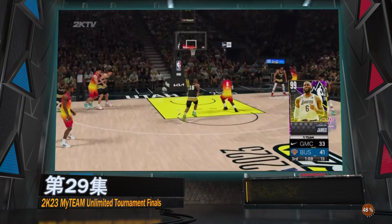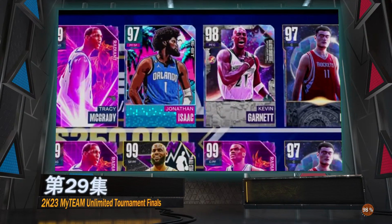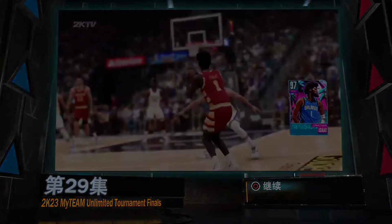Because LeBron can do it all. You're just looking at cards that can really do it all, that can shoot, that can spread the floor, space the floor, and it's definitely going to be fun to watch because it's all about floor spacing. And looking at the other side for A-Loki, what about his other two cards? He's got Jonathan Isaac, and he's got Kevin Garnett. And Jonathan Isaac...